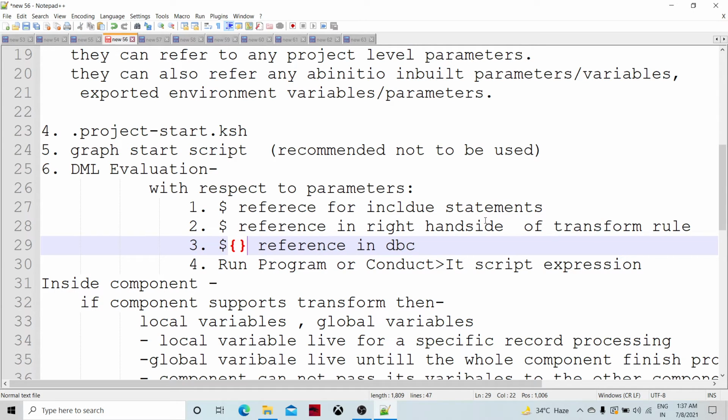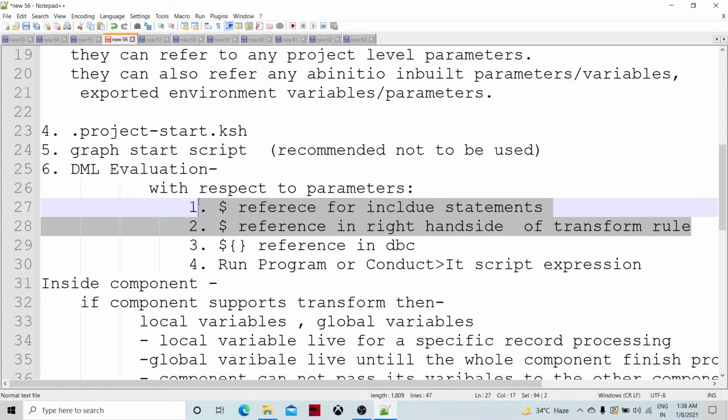While specifying the interpretation for DML and transformation, keep in mind that you may be referring to a particular parameter using dollar or dollar round brackets. Depending upon the file type or file content, there are two interpretations available: if you want to interpret only the file name, or the content of the file.